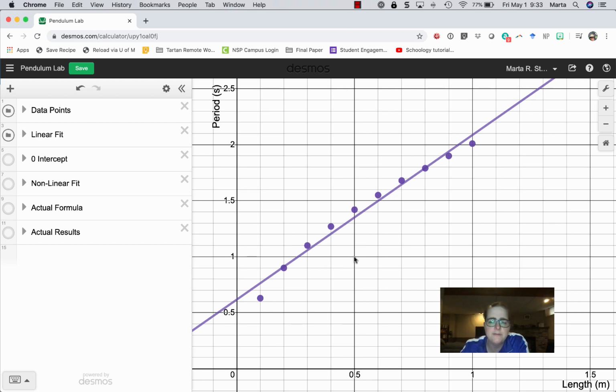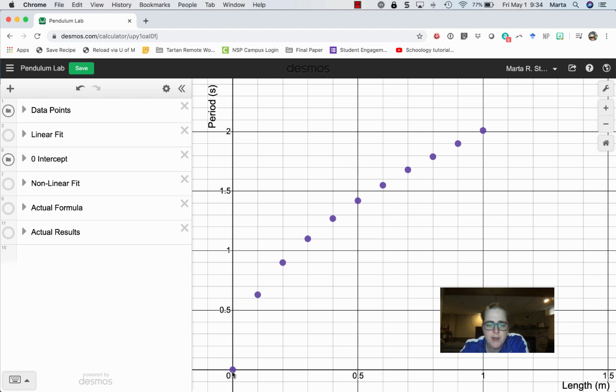If you're looking at a fairly small range of values, like looking only over a 1 meter range of length, you can have data that has a little bit of a curve to it that looks pretty linear and where that linear fit works pretty well. But a lot of times that intercept is going to be a big clue that that linear fit is not quite right. So what I want you to do is either add or imagine adding a point at 0, 0,